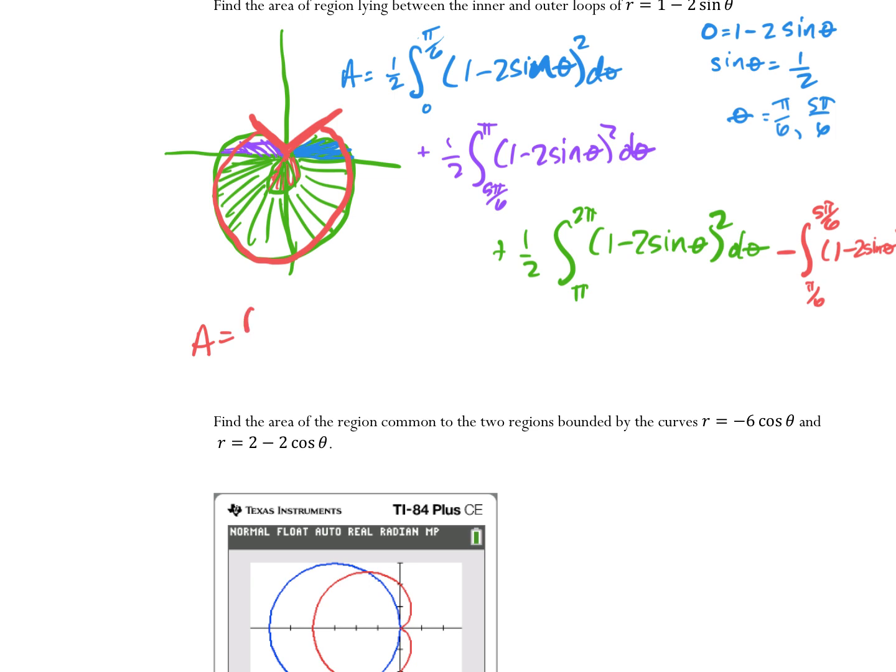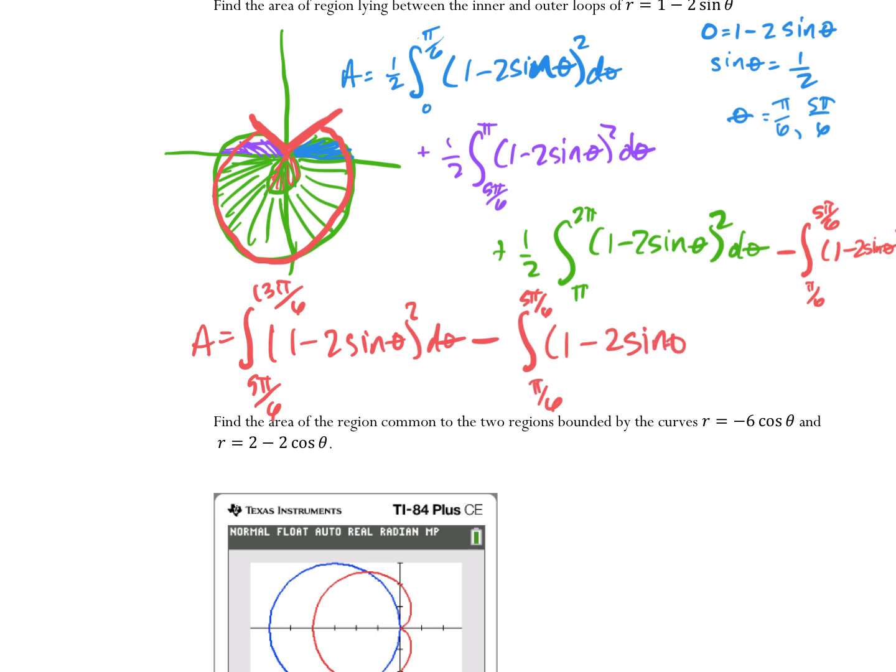So that would be the area from 5 pi over 6 to 13 pi over 6 because I've gotten a full rotation. And then subtract my inner area. And this is just a different way of thinking about it. You're still going to have to do outer area minus inner area. It's just how you got to be thinking about your functions